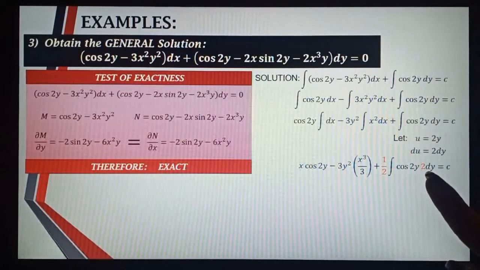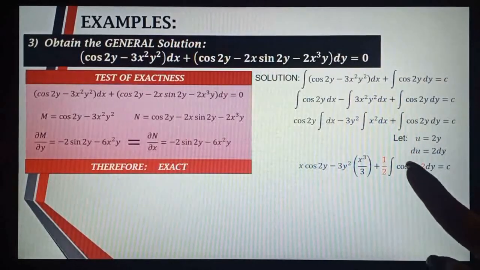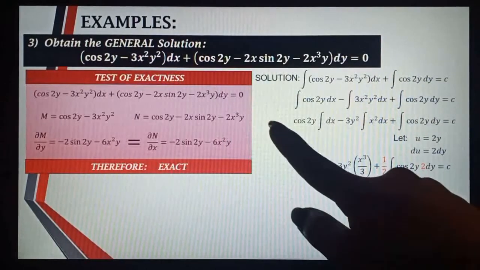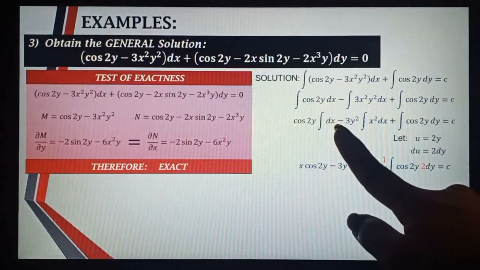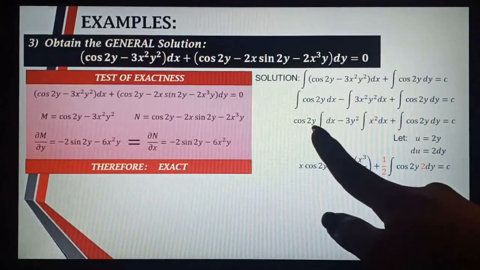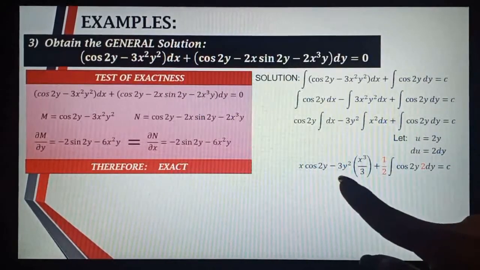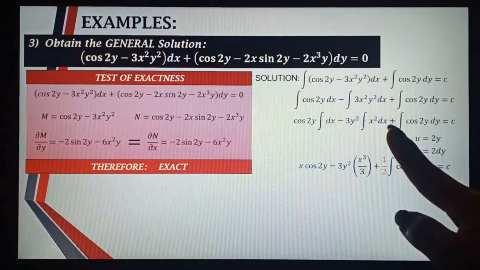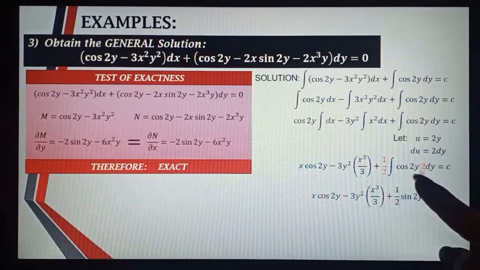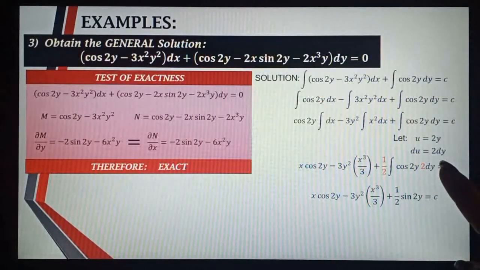Inserting 2 kay cosine 2y, since nag-insert tayo ng 2, we have to balance the equation by inserting 1/2 outside the integral. Then, the integral equivalent of cosine 2y dx is constant si cosine 2y, then the integral of dx is equivalent to x. Then cosine si 3y squared, the equivalent of x squared dx is x cubed over 3. Then the equivalent of the last term, the integral of cosine u du is equivalent to sine u, which is